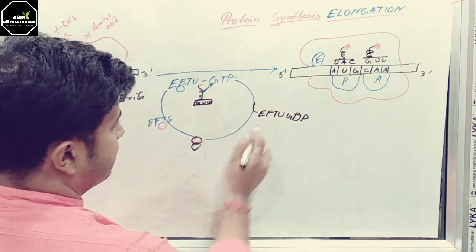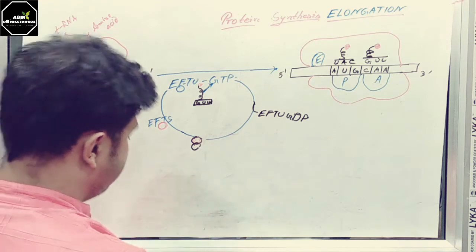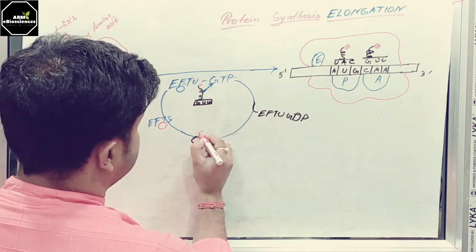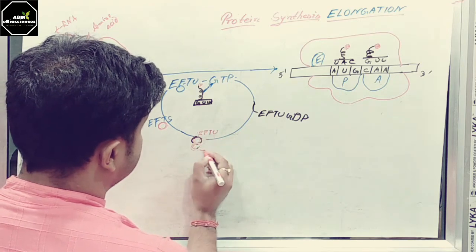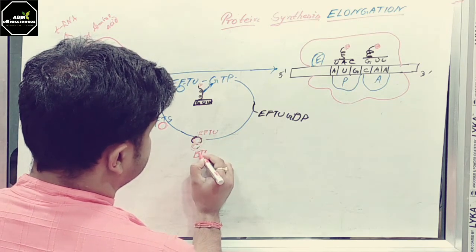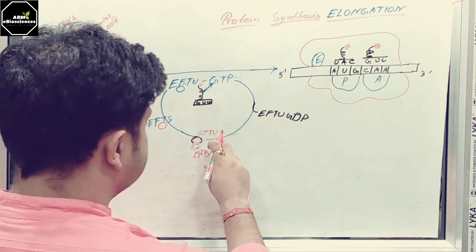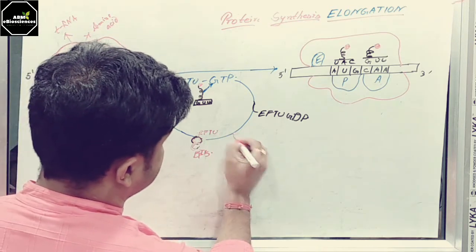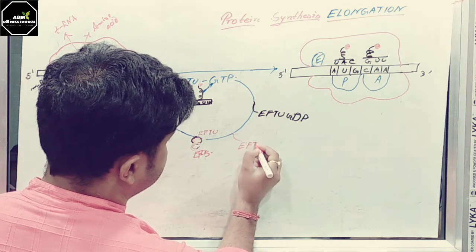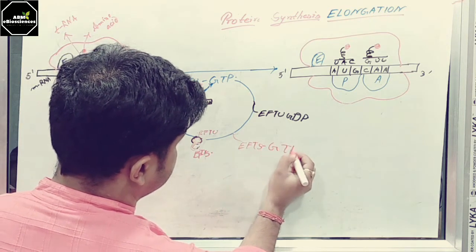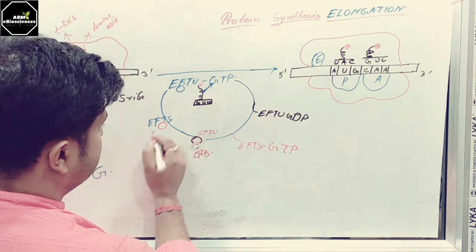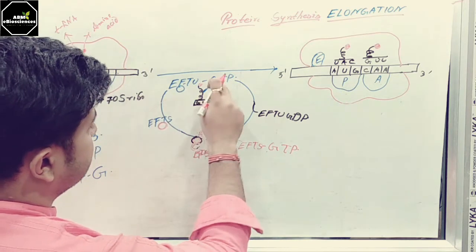In between, EF-TU will be bound to EF-TS. Now this is the mediator phase. After that, EF-TS GTP will transfer the GTP group to the EF-TU, and again the EF-TU will give you the